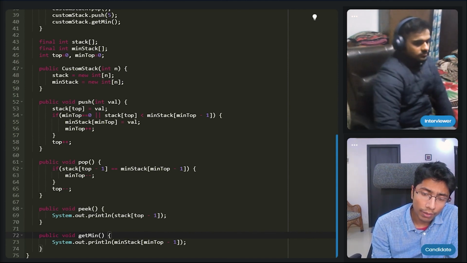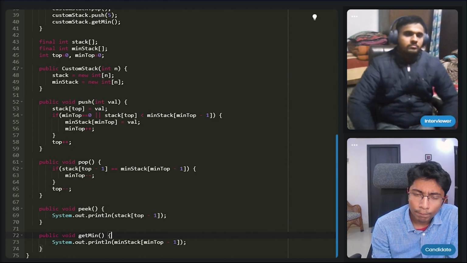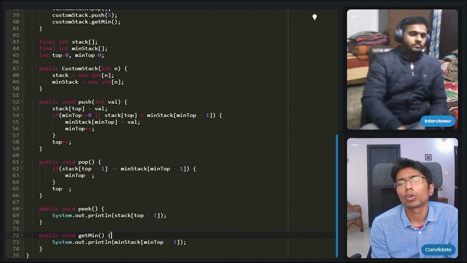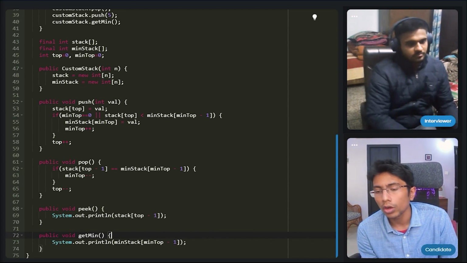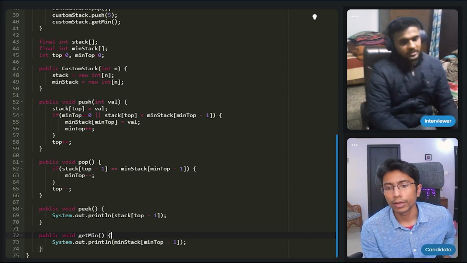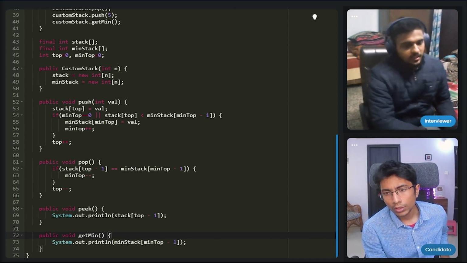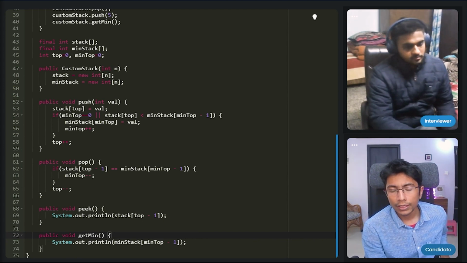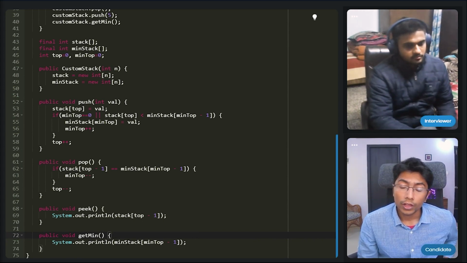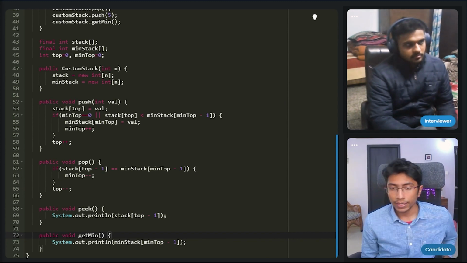हाँ, लेकिन अगर पॉप हो गया, मिनिमम कुछ और दिख रहा है, पॉप तो कॉन्करेंटली चल रहा था, तो you saw something, you saw an incorrect min, वो भी हो सकता है. Consistency, if you want perfect consistency, meaning if you pop something, does it affect peak and getmin? Yes, it can.